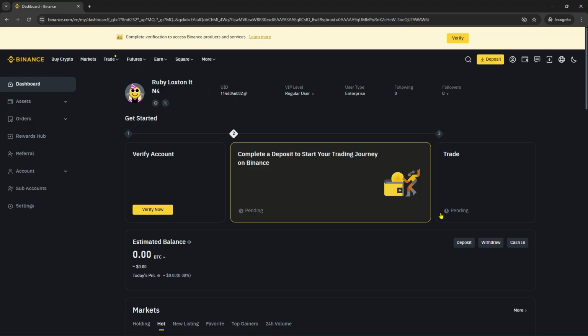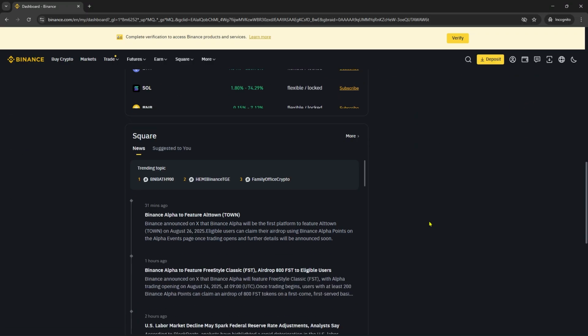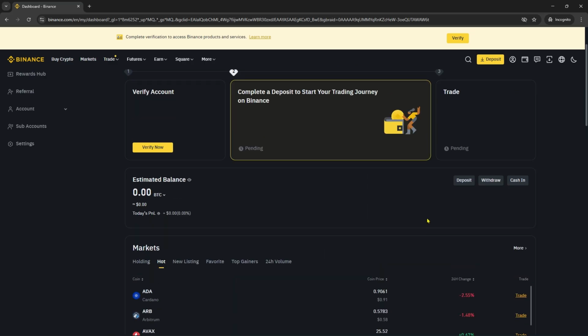Next, pick a verified seller from the list and then enter the amount you want to deposit. And add or tap buy or transfer. Binance will show you the seller's GCash details, then open your GCash app, send the exact amount, and then take